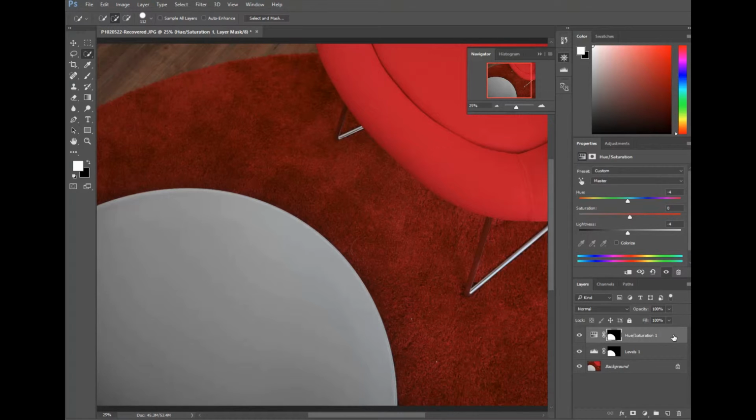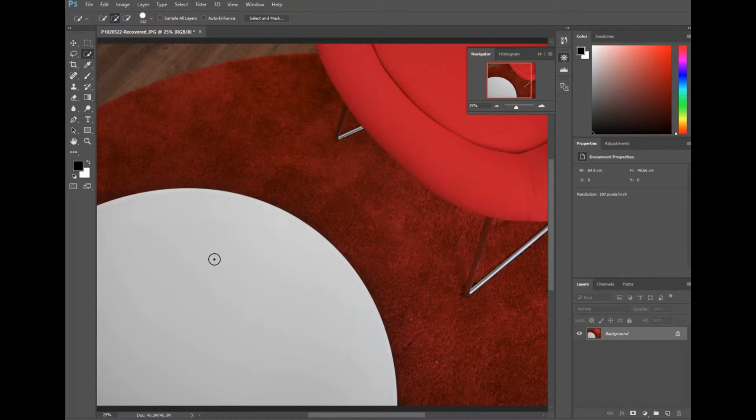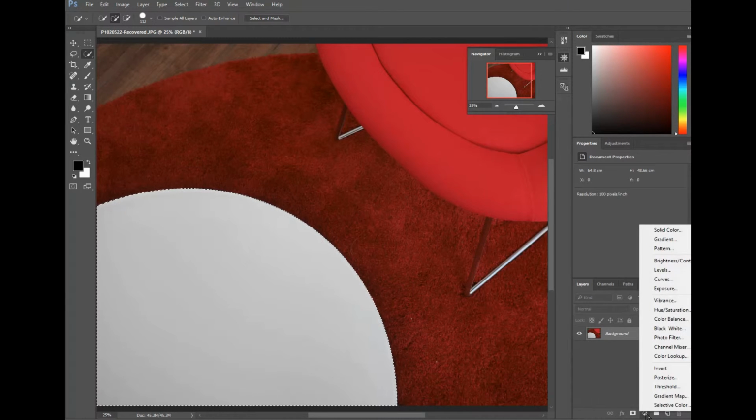So I'm going to remove all of this now, and to remove a layer you just highlight it, hold down your left mouse key and drag to the dustbin and remove the layer because we don't need that. I again will need to do a selection. So I'm going to select the table once again. There's the marquee, and I'm going to go back to my options to create a new layer with adjustments, and on this occasion I'm going to do a channel mixer,